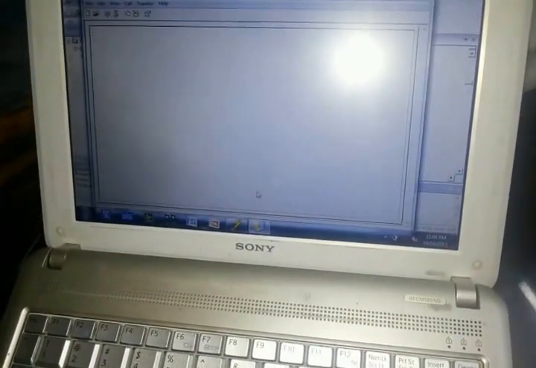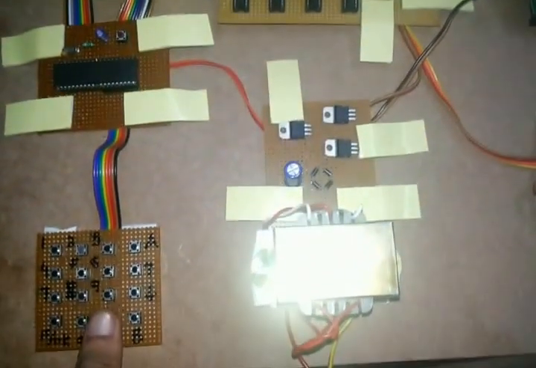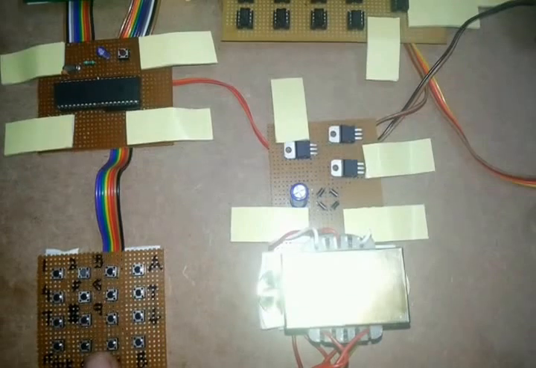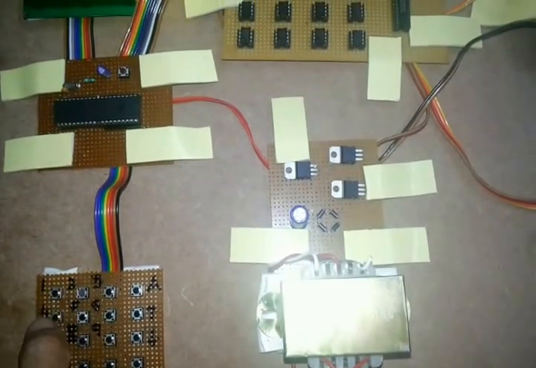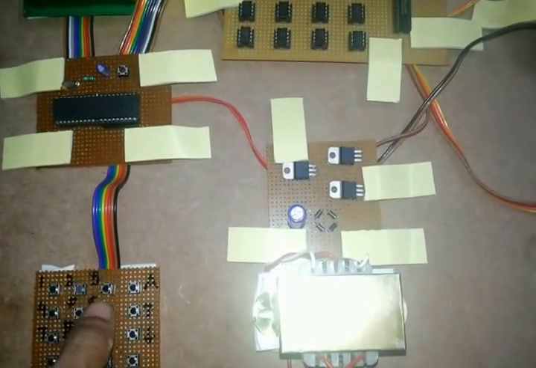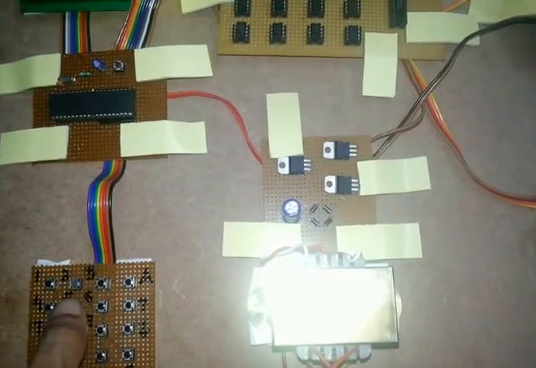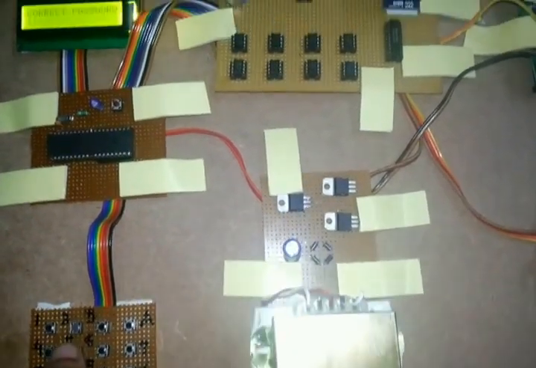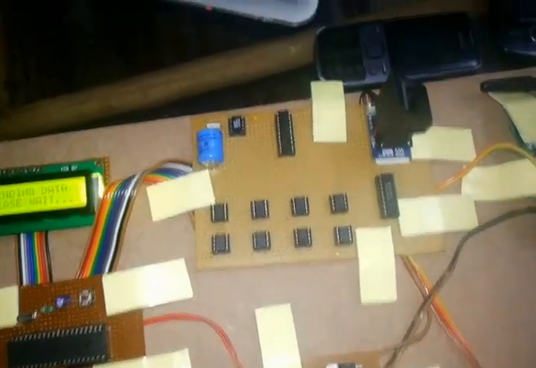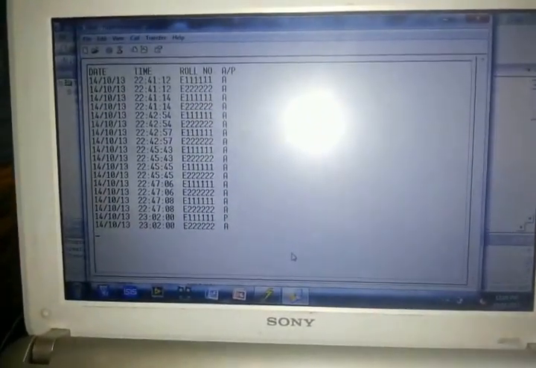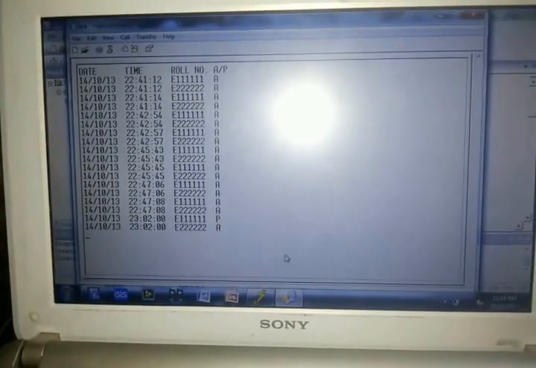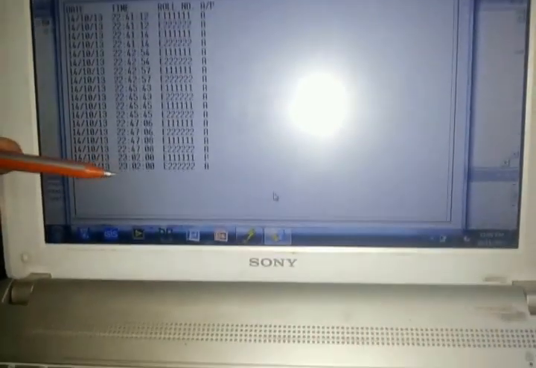Okay, now coming to the project, here we have one button for USB. We'll click it. Now it will ask me for the password, the changed password. Now we have seen that the password is correct and we are receiving the data now. There is some previous data also displayed, but we are interested in these two things.